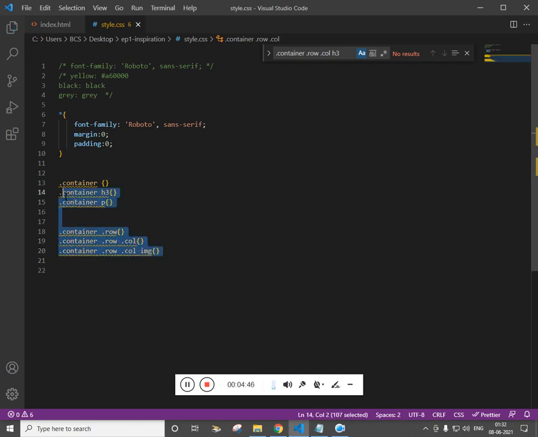So I would recommend you to follow this hierarchy, or else there would be CSS overriding issues. For this particular section there won't be any issue of CSS overriding, but if you are working with a large PSD, like we have 6 to 10 sections, in that case, if you have used multiple classes of the same name, there would be overriding issues. But if you follow this kind of hierarchy, there won't be any kind of overriding issue.